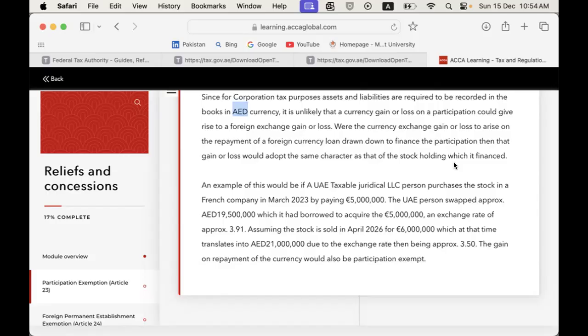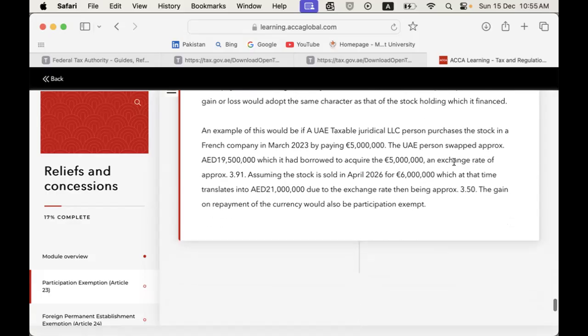So even so, under IFRS, naturally, because IFRS can allow a reporting currency other than AED itself as well, there may be some foreign exchange gain or loss that we may find in our financial statements. But that gain or loss would then be included in the value of distributive share, the amount that we are considering for exemption or otherwise. Let us have a look at the example.